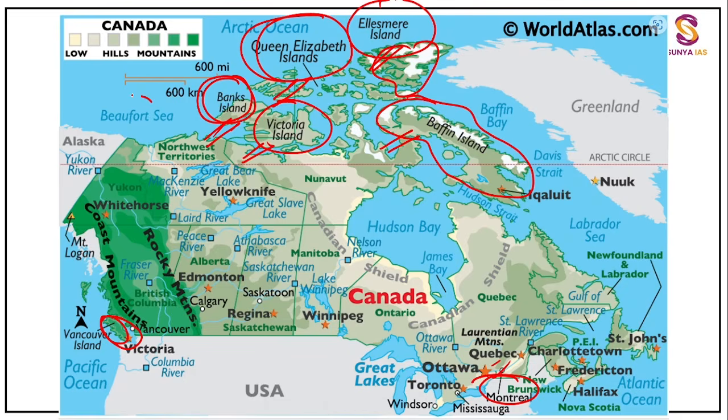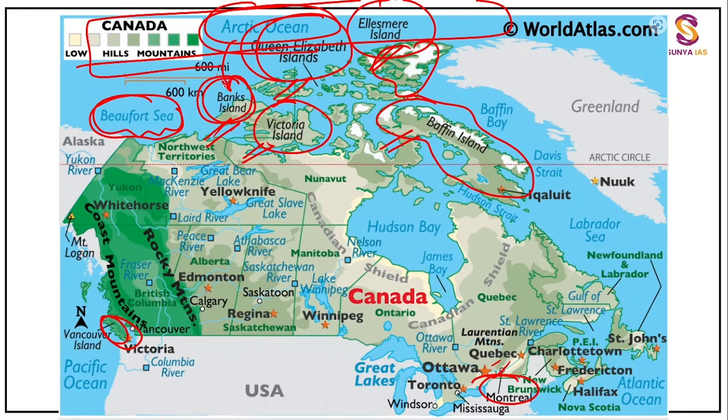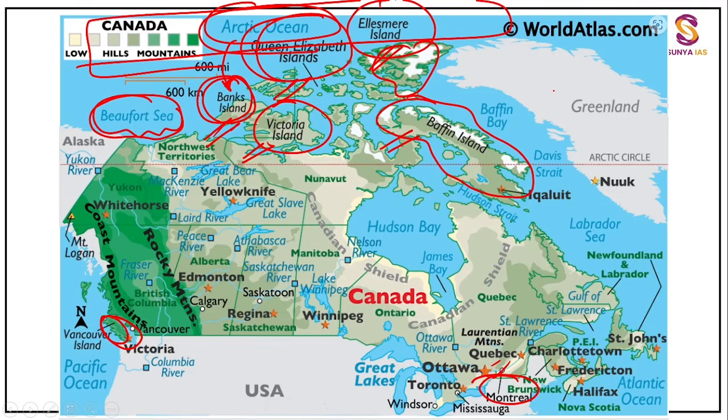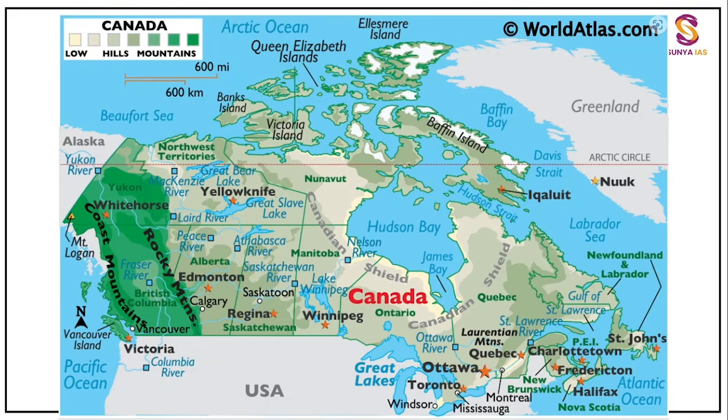Now before coming to this, you will be finding over here the Beaufort Sea, and this is the Arctic Ocean. So all these islands are present in the Arctic. This is one more thing which you are learning over here. So one will be Banks, one Trinidad and Tobago, one over here Cape Verde, one will be some Pacific island, and then they will be giving you the oceans over here, and one question will be for your prelims. In this way they will be giving you the question, guys. So I'm telling you, that's why focus upon the islands from this perspective. You're not wasting your efforts learning any random information, right?